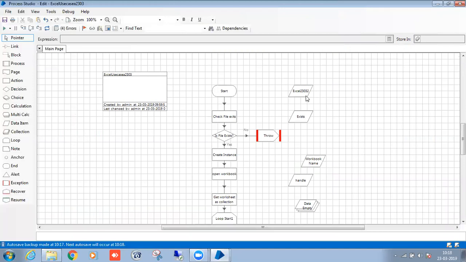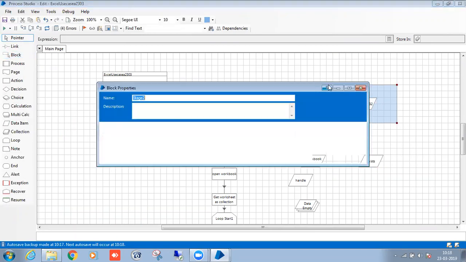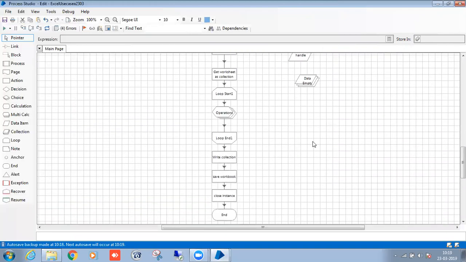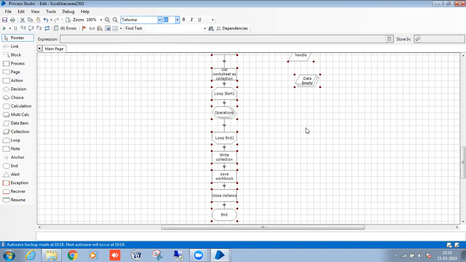So we'll arrange the data items properly. This is the environment variable, so take a block. Suppose for my client changes, if I want to apply to the same stage, see how I will apply. So Control A. Font should be Tahoma 11.